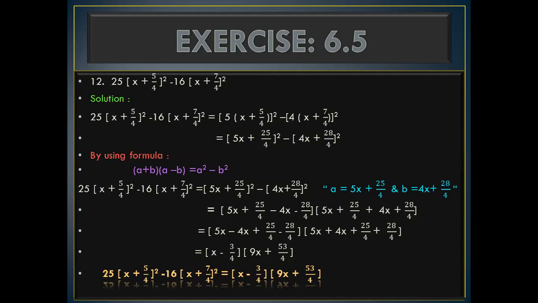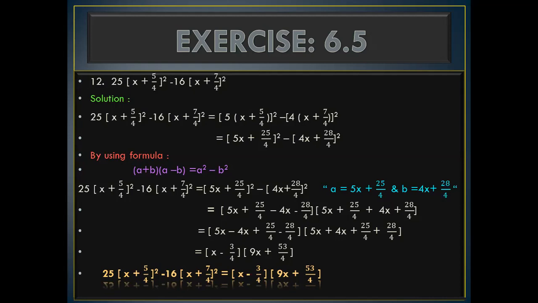In our first step, what we will do? We convert 25 into 5 and 16 into 4, because 25 is a square of 5 and 16 is a square of 4. And also they are the coefficient of those terms which already have the square. So we write them within one bracket and write the square over there. Now open the bracket. First we multiply 5 with x and 5 by 4: 5x plus 5 times 5 is 25. You cannot multiply 5 with 4 because 4 is in the denominator and both 5 are in the numerator. So we only multiply 5 with 5.